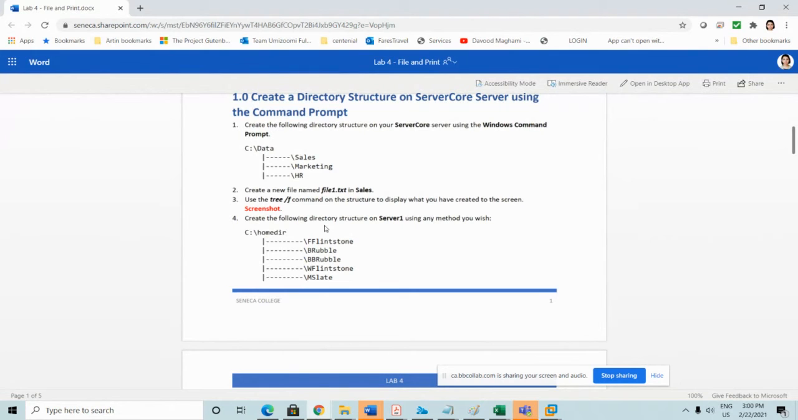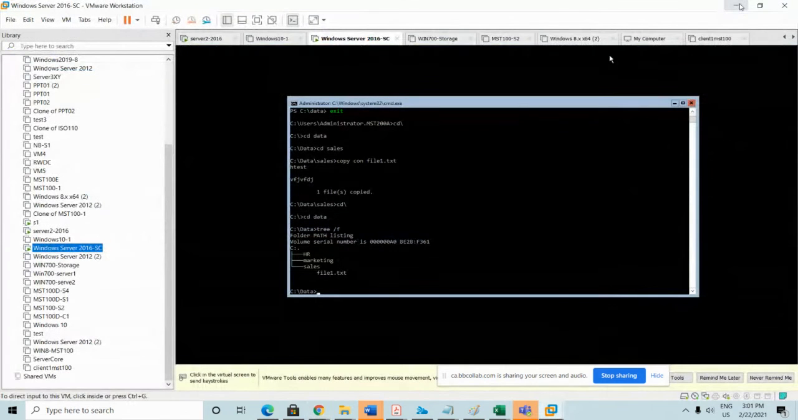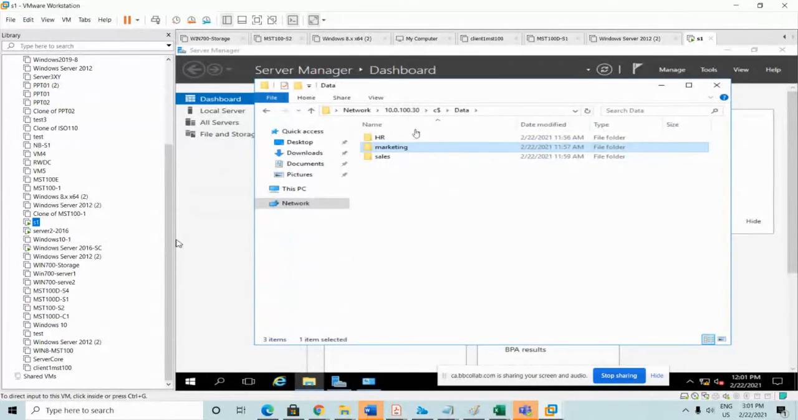Now, create the following directory structure on the server one. See that? And using any method you wish. Okay, you want to have a home directory and you want to put some folders under the home directory. Why do we want to have something for the sharing? First of all, I go back to my server one, this one, or going to my PC